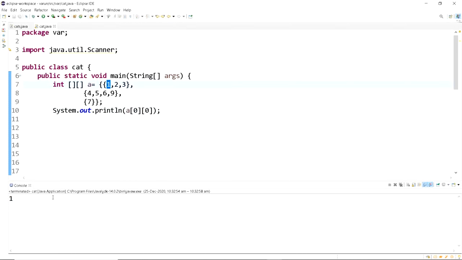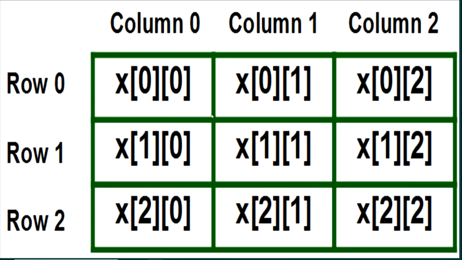Now let us visually see how the elements are stored in a multi-dimensional array. It is stored in a tabular form. Whatever two-dimensional matrix we write will be stored in a tabular form, which consists of rows and columns. In the earlier example, we printed an element which is in row 0 and column 0.